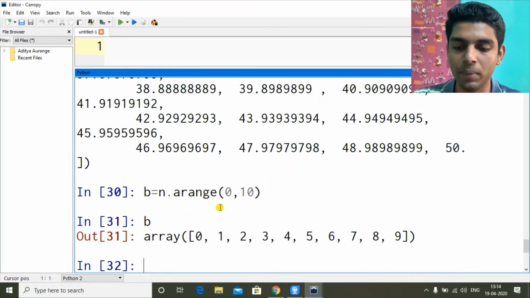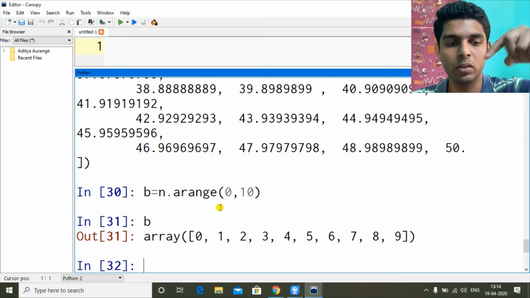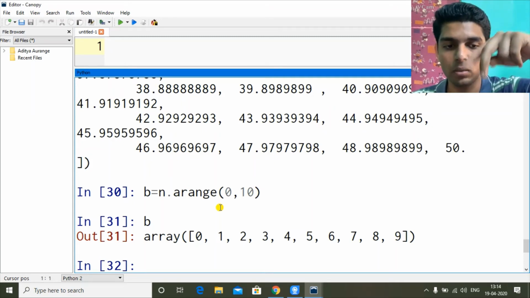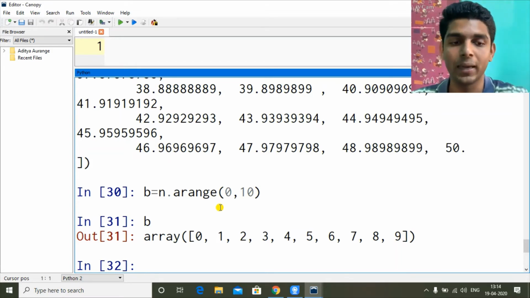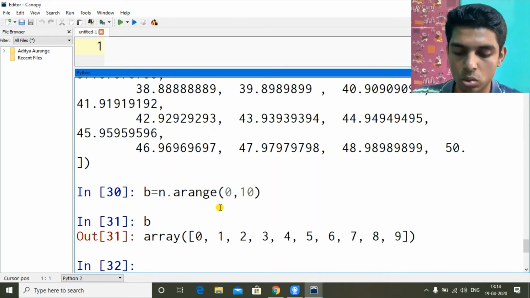Now if I display B, default stepping is 1. So how big of a step am I taking? From 0 I am taking 1 step. Default step is 1, so from 0 I go to 1. Then from 1, stepping is 1, so 1 to 2, 2 to 3, 4, 5 till 9. It will stop one level before the ending value we have given. So let's try with different stepping, comma.